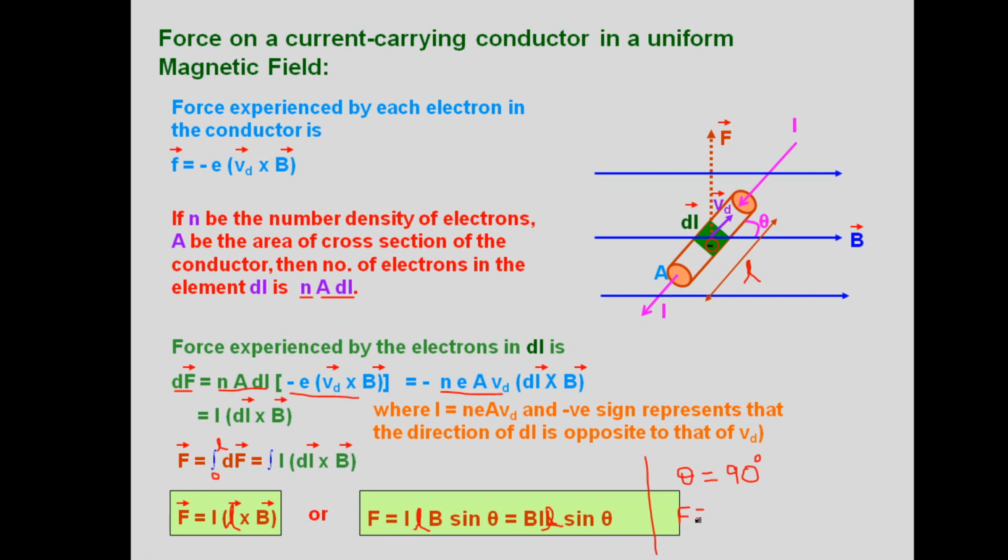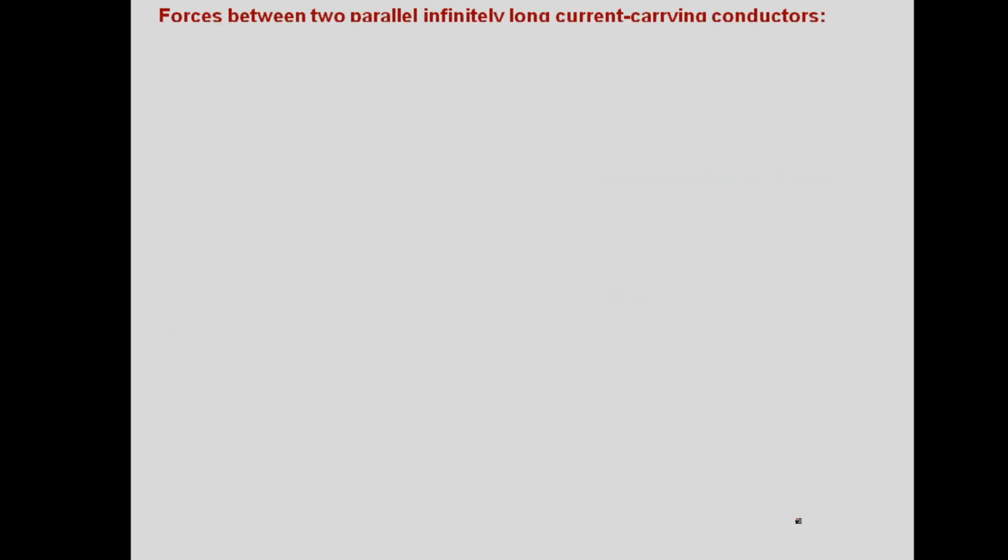To remember this, we can pronounce it as a Bill. BIL is the magnetic force on a wire of length L carrying current I placed in magnetic field, and this should be perpendicular to the direction of magnetic field. So this is the expression for magnetic force. So you can note down this if required. Let's move to the next topic.